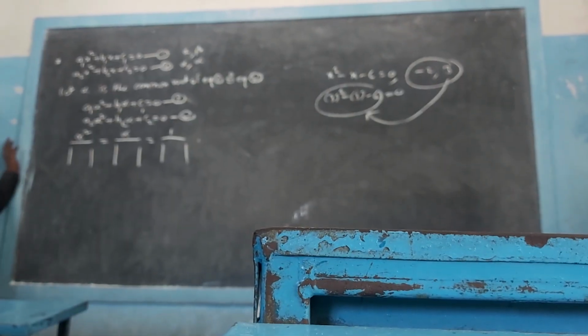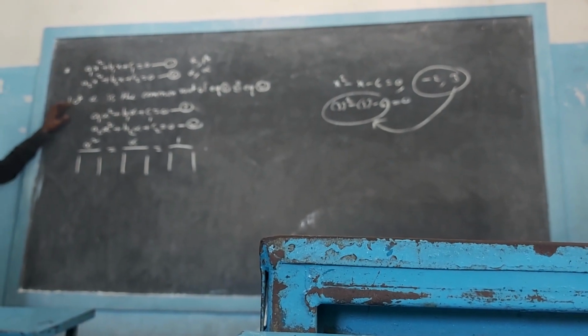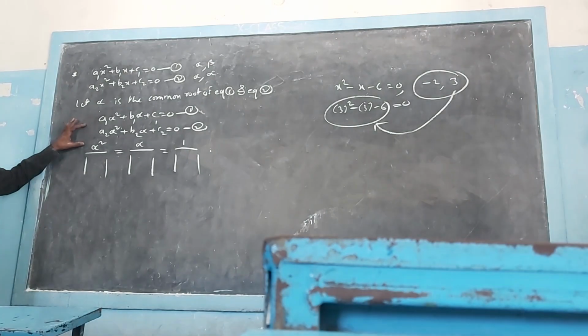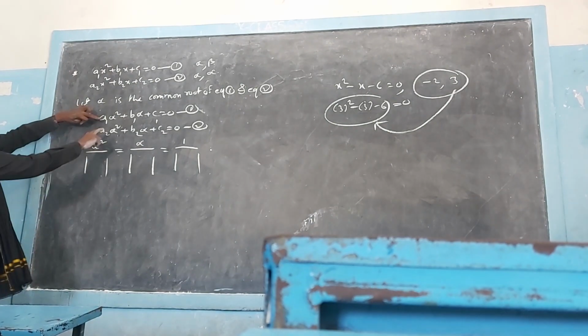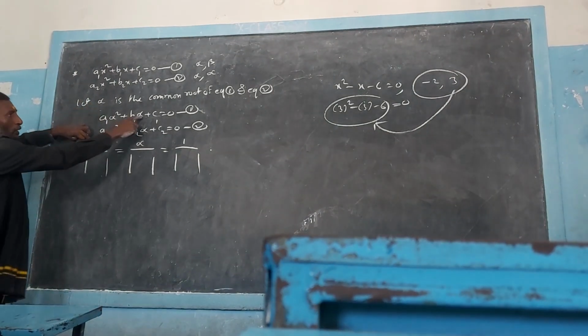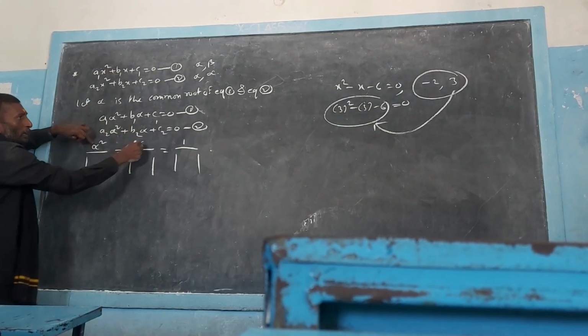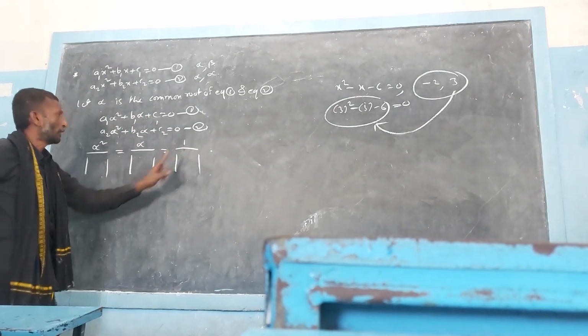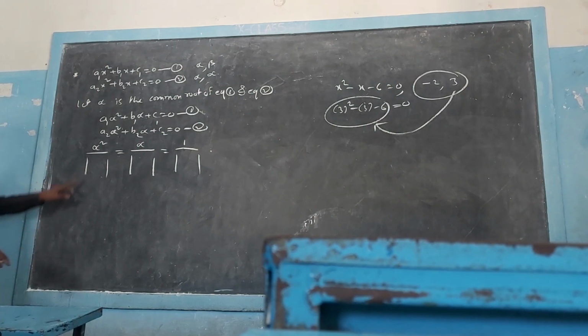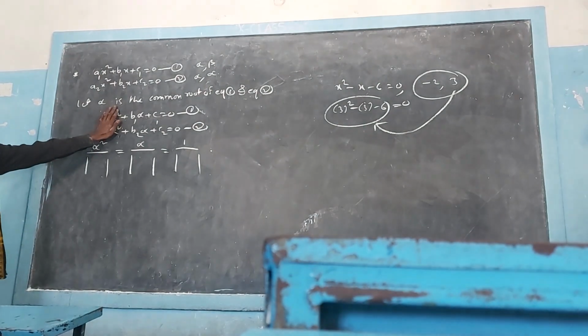So now we start. We have the cross multiplication method. In this method, we are going to find the common root value. First we write alpha square here, then after that the coefficient of the second term, that is alpha. The last one is the constant one, and there you need to take 1. So now in this process, alpha square is enough, just close the alpha square term.